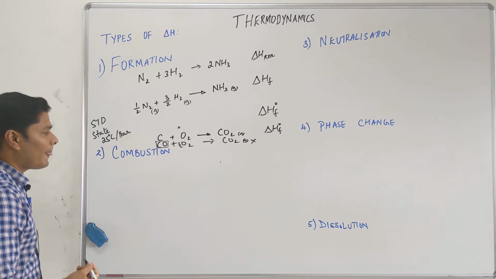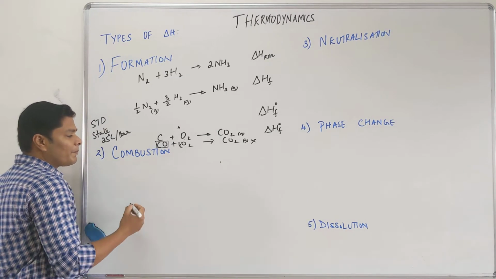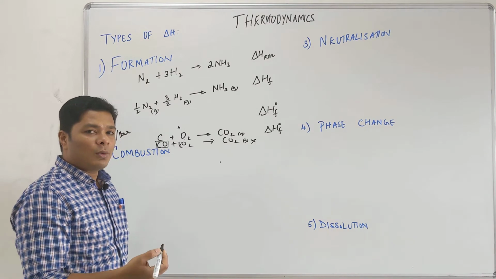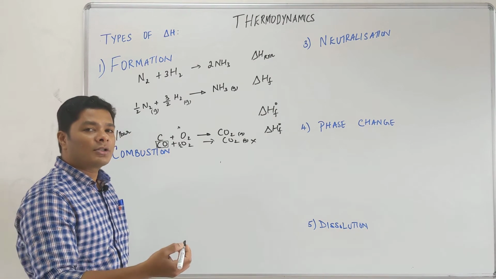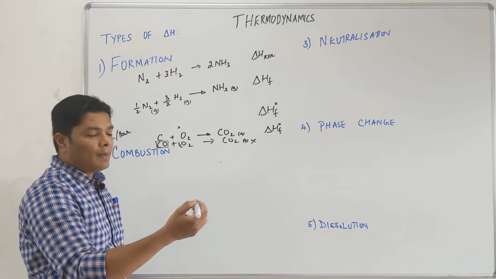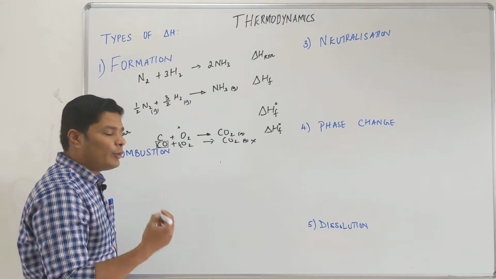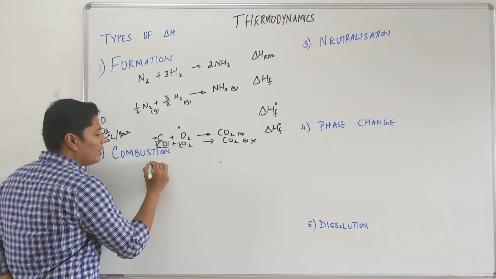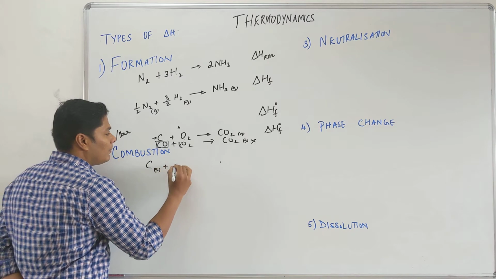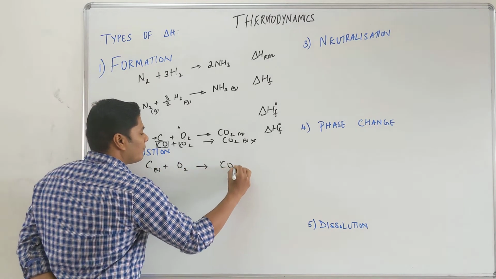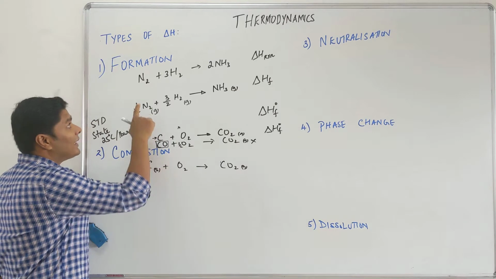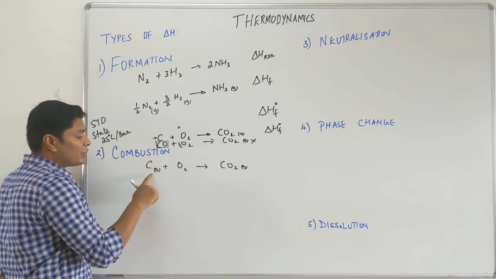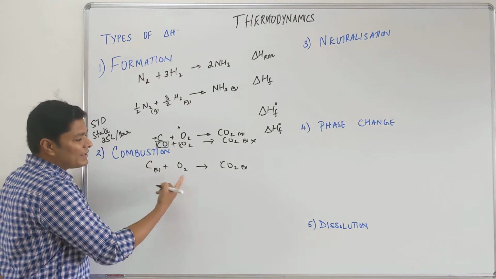Okay, straightforward. Combustion is very simple. You take any given compound or element, an atom, and then you combust it in oxygen to form the constituent oxide. Products of combustion are always oxides of whatever you take. For example, this particular reaction: solid carbon plus O2 gives you CO2 gas. This is delta H of formation of CO2, also heat of combustion of carbon. It just so happens it is an example of both.